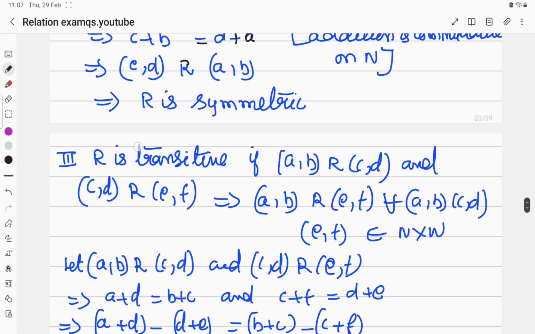R is transitive. If (a, b) is related to (c, d) and (c, d) is related to (e, f)